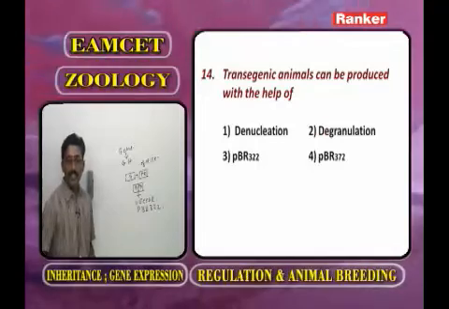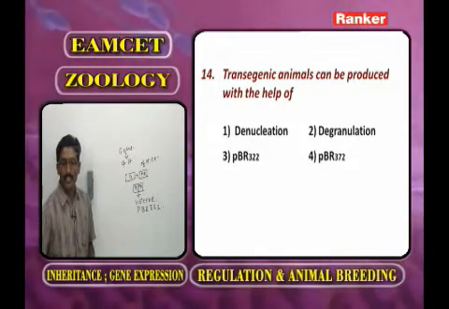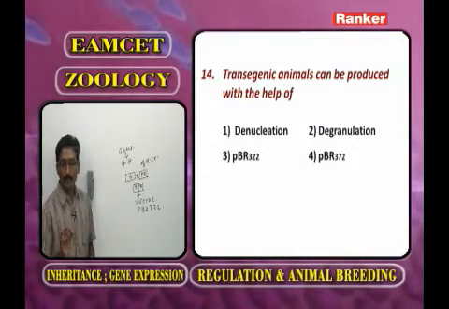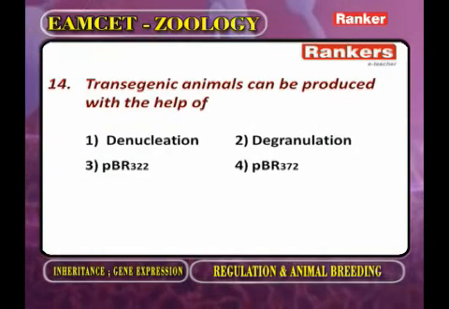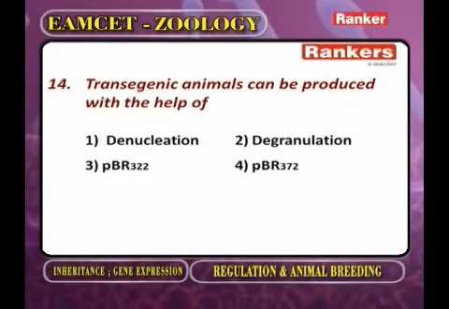Now here, transgenic animals can be produced with the help of what type of vector? pBR322, not 372. 322. Now the answer is